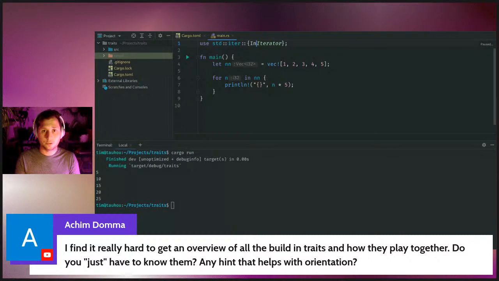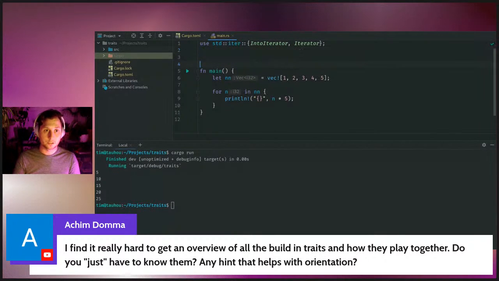There are two very important traits: IntoIterator and Iterator. Iterator is kind of the core of it, and IntoIterator is a sort of helper trait which can allow you to define your own collections. So let's say that I have got a structure which is a random number generator. And I want to implement